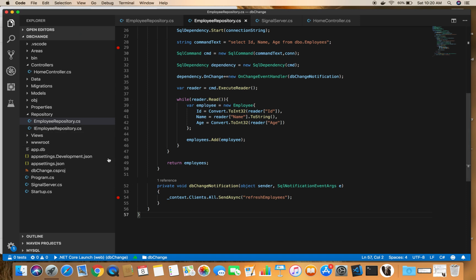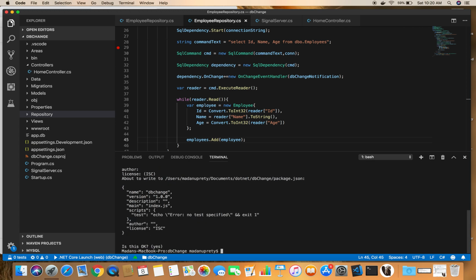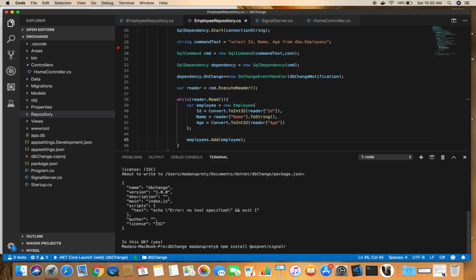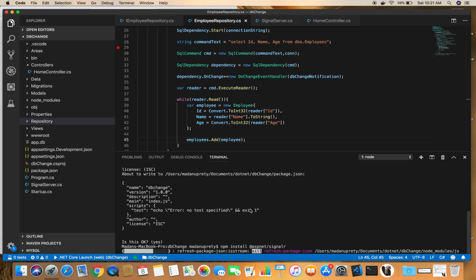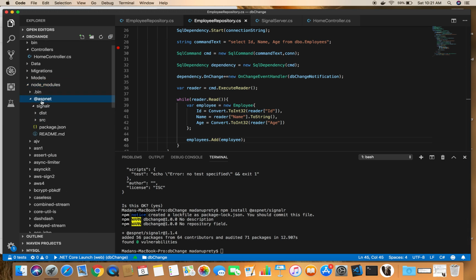Now the next step is we need to install the SignalR client-side JavaScript library. For that I'm going to use npm. So let's open the terminal here, and do npm init and npm install @aspnet/signalr. Our package has been downloaded to node modules, but we need to move that out of node modules, since ASP.NET Core does not serve static files from node modules, and it serves them only from inside the wwwroot. So let's copy this from here